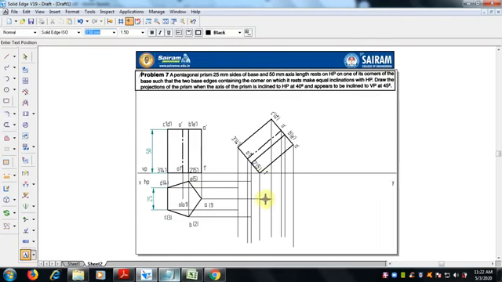Now we can name 1 here, 2 is here, 5 will come here, 3 and 4 will come here. That's all. And this is O1.